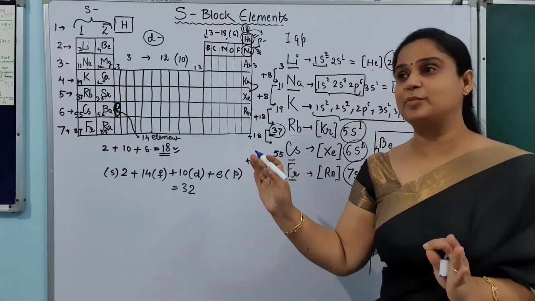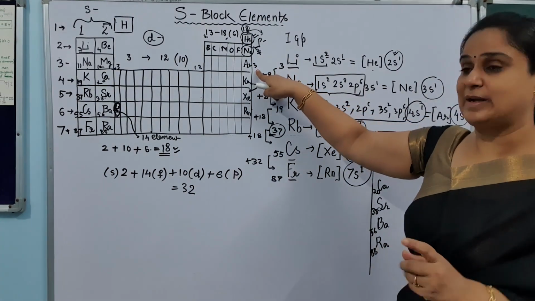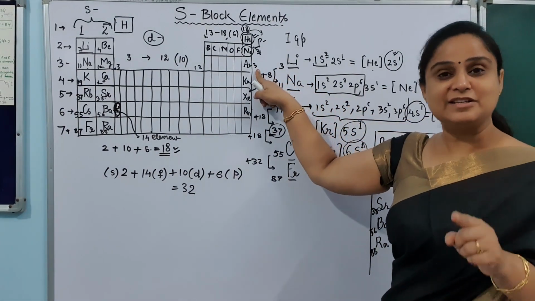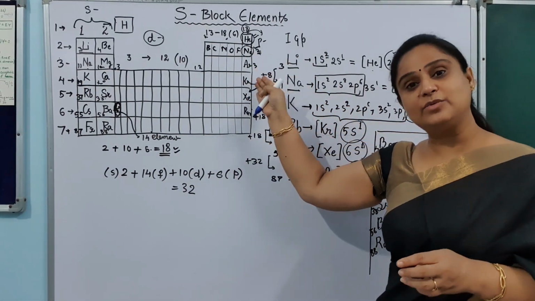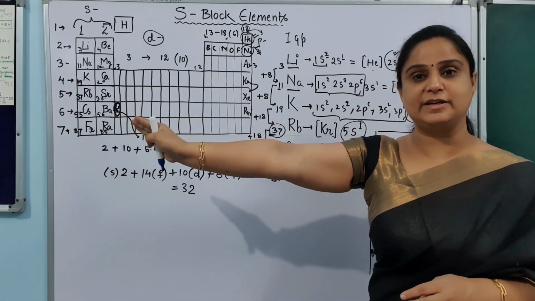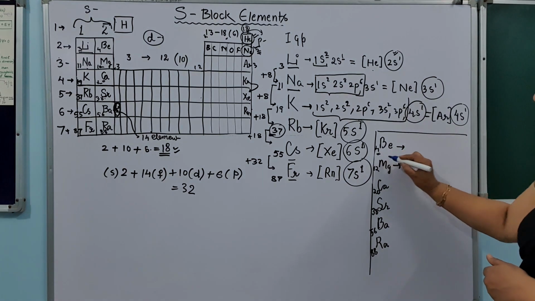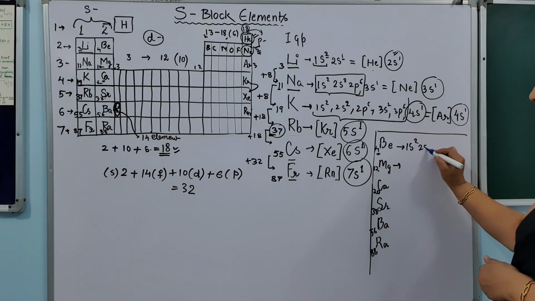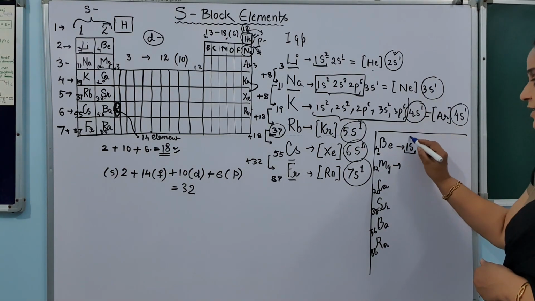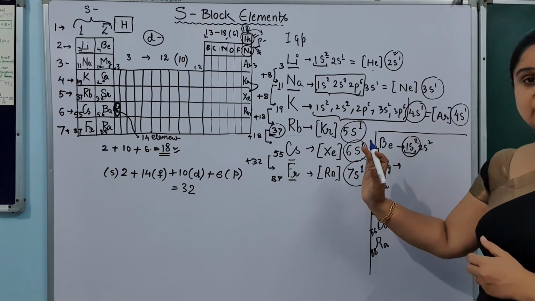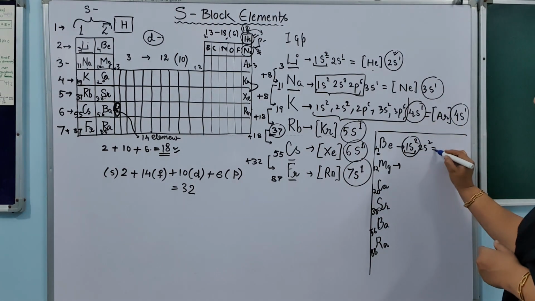So you will be stopping only at the 18th group, and this 18th group is important because only when this is completed will you be able to reach the next period. You know? So let's start with it. So let's do the configuration. If it is 4, 1s2, 2s2. But we all know that we are replacing this inner shell configuration with the noble gas.